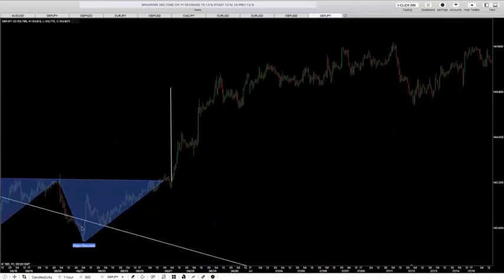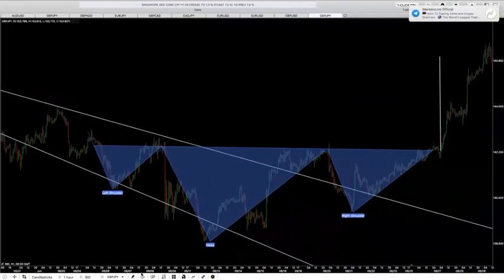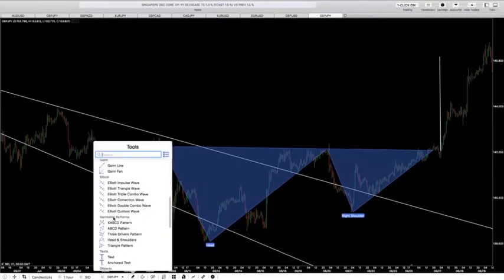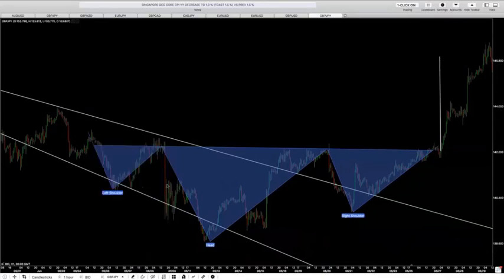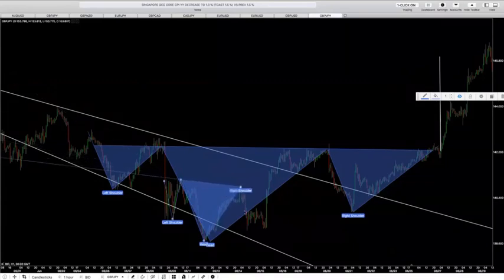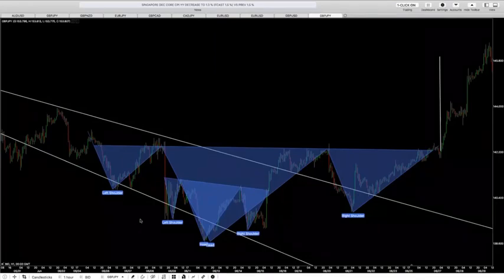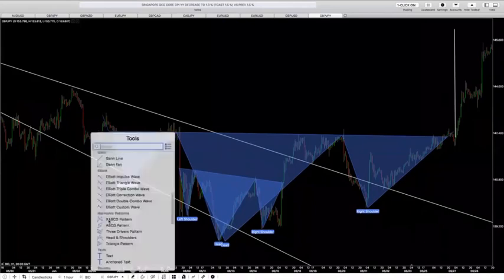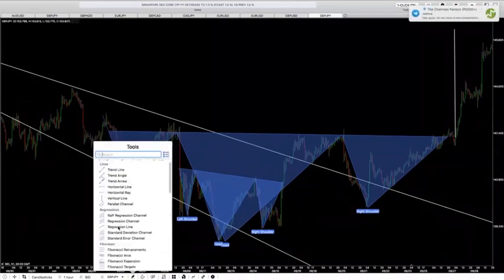Remember to look for patterns inside of patterns. The market's always going to give you more patterns. Like if I come over here, look, the market gave me another head and shoulders pattern. It's a sloping head and shoulders pattern in the market. But the market always gives you more clues, right? There's a head and shoulders pattern inside of a head and shoulders pattern. Even here, look, there's a W. There goes a W right here, which is another reversal, a double bottom.